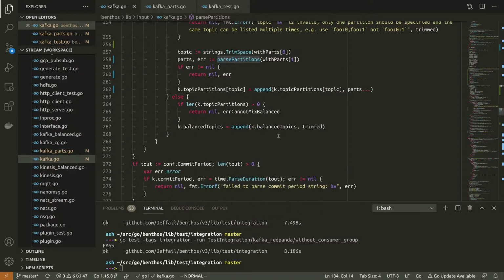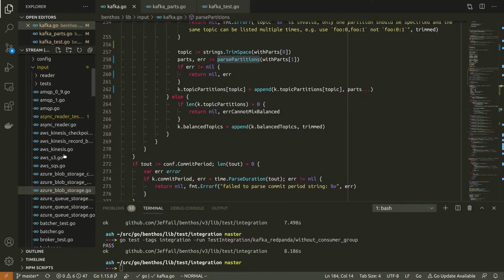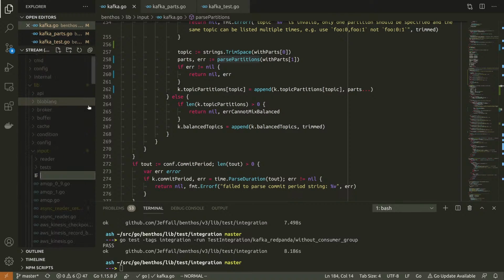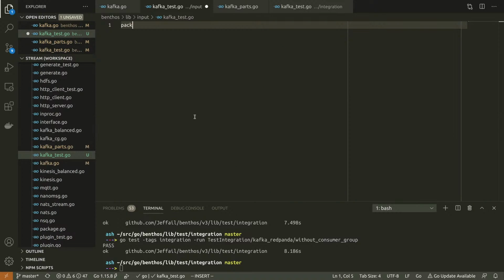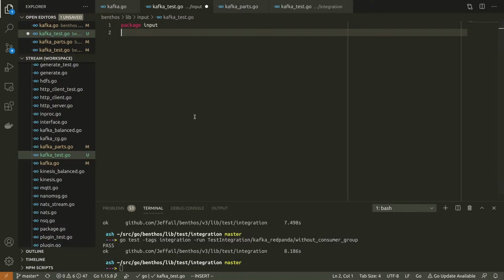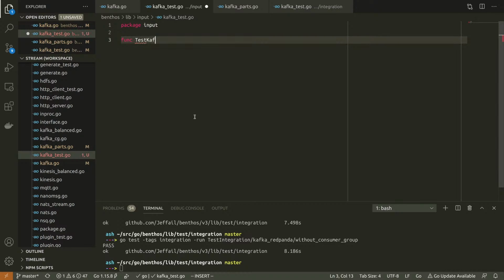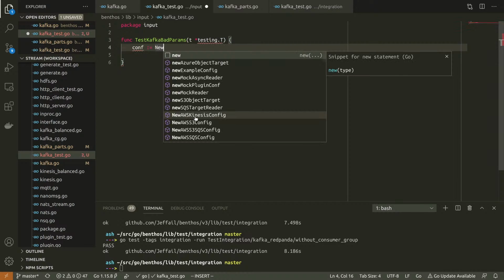So I could just check that parsing out with a unit test. Sorry to bore you. I know this isn't particularly interesting to watch. Test Kafka bad params. Conf new.